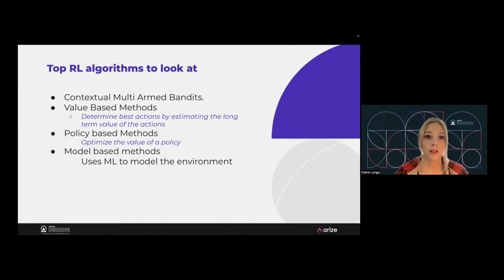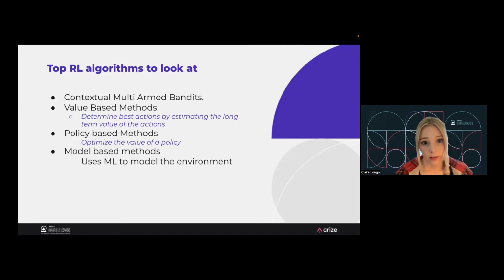If you want to go beyond that, there's both value-based methods and policy-based methods. So the value-based are really looking at determining what the reward for certain actions are. So it's doing a lot of exploration and trying to estimate what this reward is for each action and building a policy based off of that. And then the policy-based method doesn't really look at the specific value of each action, but instead it's going to look at your overall policy and allow you to optimize that mathematical function. And these fit really well into a deep reinforcement learning framework and can be really fun to work with.